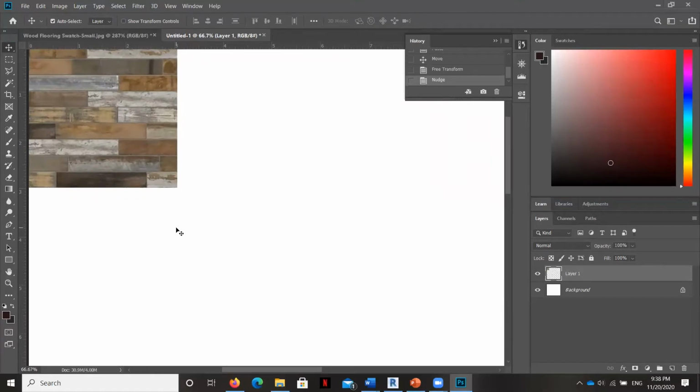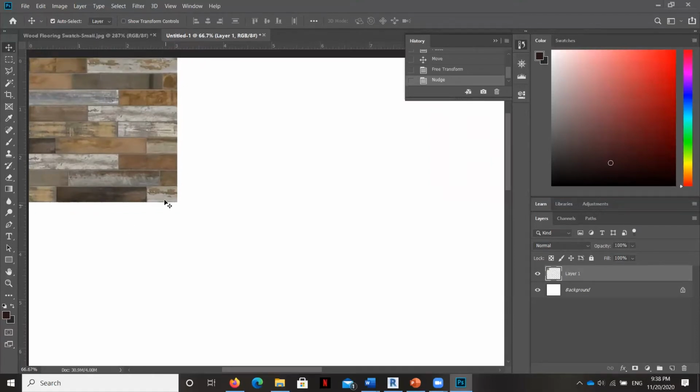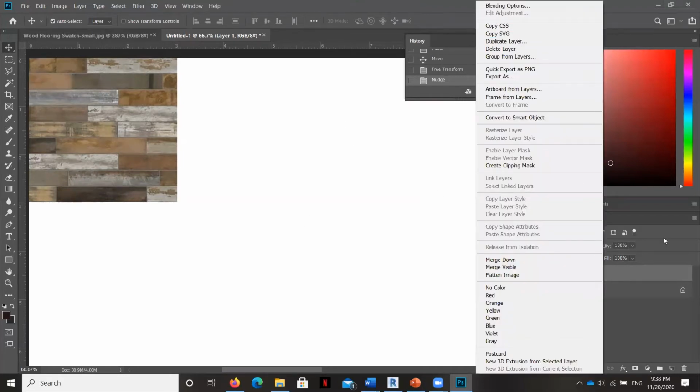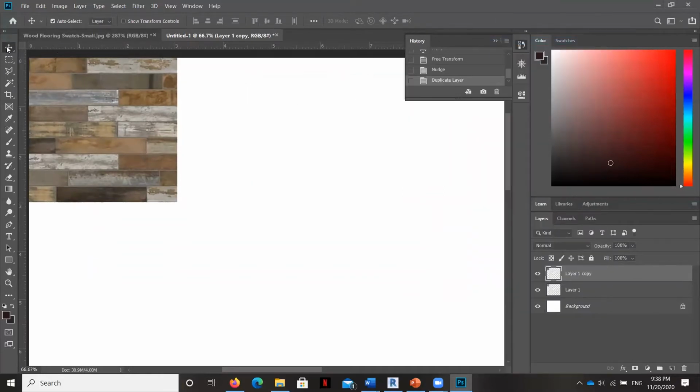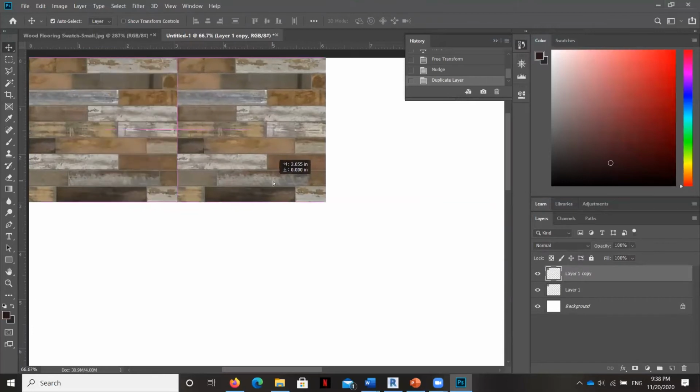Okay, so the next thing I'm going to do is show you a series of commands that you will be able to replicate and do what we call finesse this image, so that you start to get rid of the seams and things. But the first thing I'm going to do is select this layer and duplicate it. So I just right-clicked and hit duplicate layer. And I'm going to move it over like this. And see? That one is right over here.